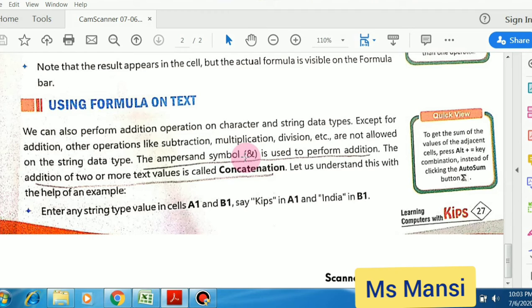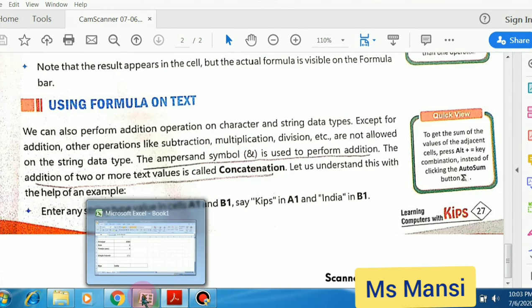It is used for the addition of two or more text values, and this is known as concatenation. Concatenation basically means join. If you want to join two text values, then the ampersand symbol is used.